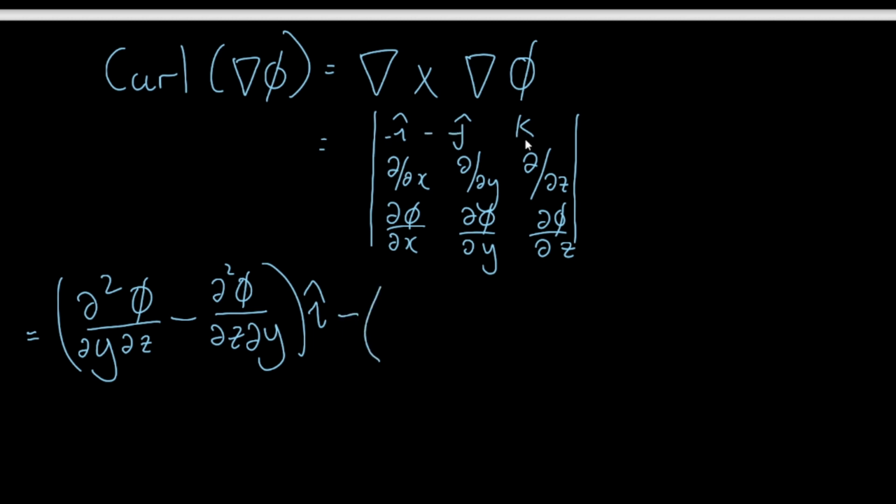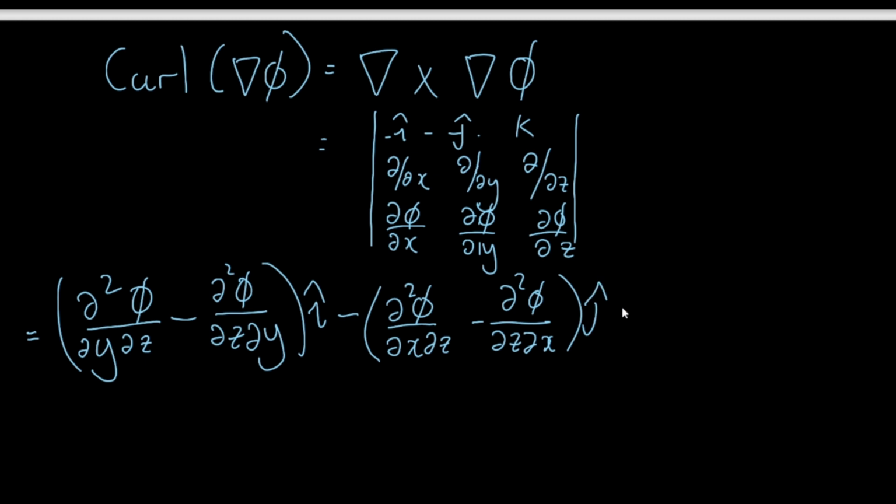And then we block out the first row and the second column. Then we get ∂²φ, firstly with respect to x, and then with respect to z. Then minus the second derivative of φ, firstly with respect to z, and then with respect to x. Again, you can see that this is also going to give us 0. And then lastly,